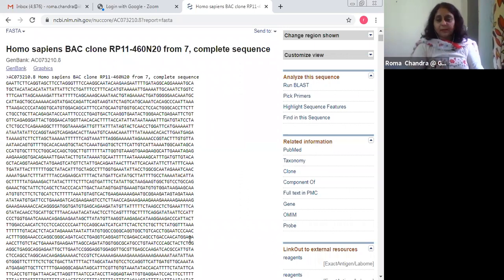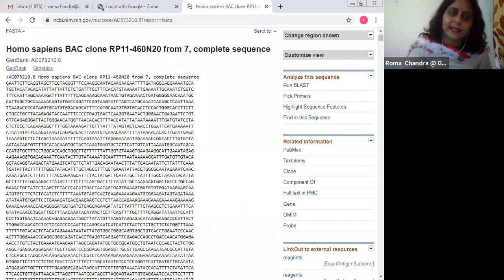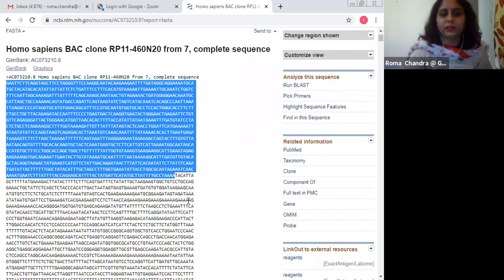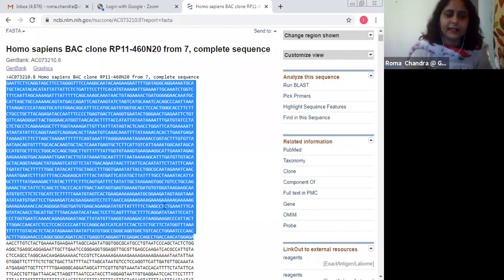It can be GenBank or simply NCBI as well. So the first line gives me brief information, the accession number, the name of the organism, and later on a brief description. From the second line onwards, I get my nucleotide sequence itself, the ATGC code. When I want to go with the analysis of my gene, I can just select it.